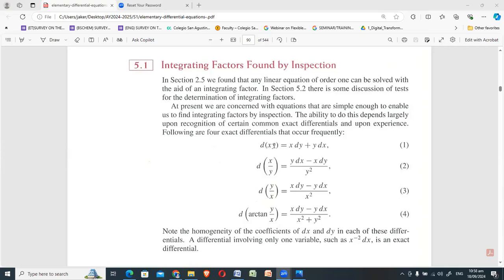Why do I say implicit? Because you have two variables. So you're going to implicitly differentiate it in terms of the variable that you are differentiating. So first term x multiplied to the derivative of the second variable y, which is dy, plus second term y multiplied to the derivative of the first variable x, which is dx. So simply put, this exact differential d of xy is produced using the product rule of differentiation implicitly on the product of x and y. So this is the result.